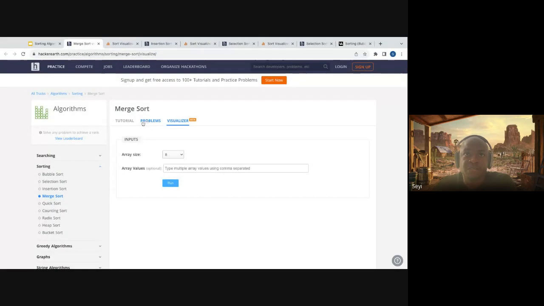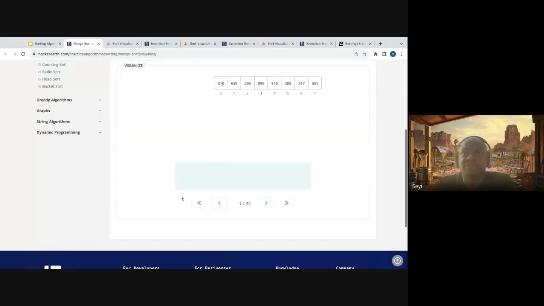So with merge sort, let's run it. Now I want to sort this array. It's too big. What do we do? We break it down into smaller arrays. Now you agree with me that sorting an array of 4 items is easier than sorting an array of 8 items. Right? Good.